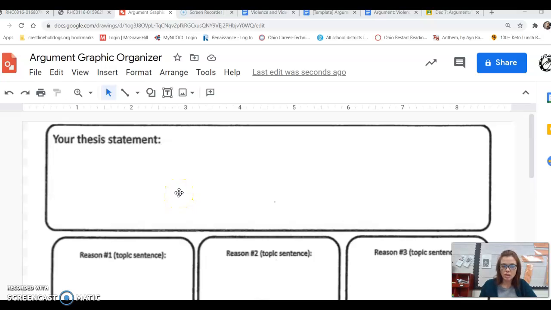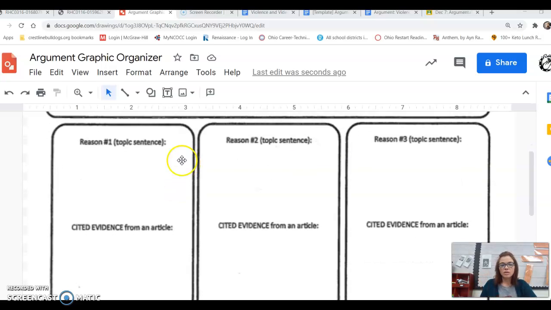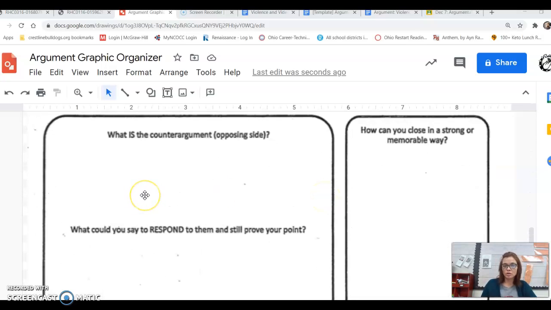That would be your introductory paragraph at the end. You're going to have 3 body paragraphs because we know it's 5. So here's 1 paragraph, 2 paragraphs, 3. And then the counter argument is always in there on an argument, which is different than a regular, just expository essay. And then you'll have your conclusion.